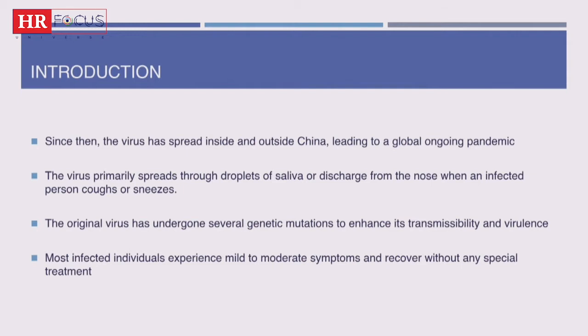The virus spreads mainly via droplets from saliva and discharge from the nose when anyone coughs or sneezes. But there are other ways that it can be transmitted. Viruses are generally stubborn, and we've started with a virus. Now we are well aware of various variants that are there. So these viruses undergo mutations and then begin to cause more problems. And since COVID is relatively new, there's a lot of effort being put in by the scientific world to try and find ways of curbing the situation.